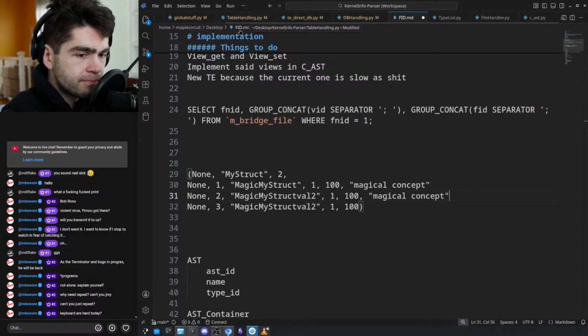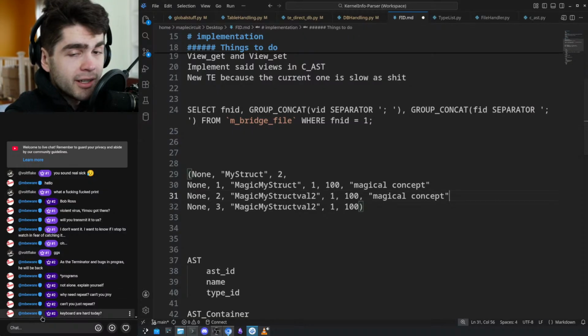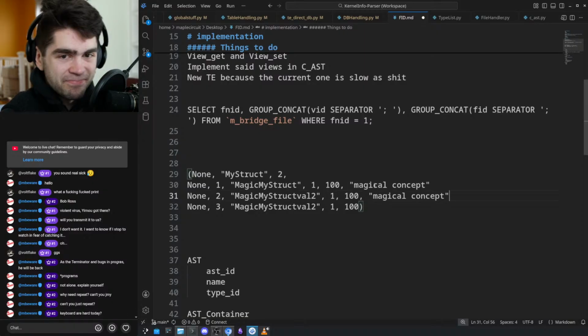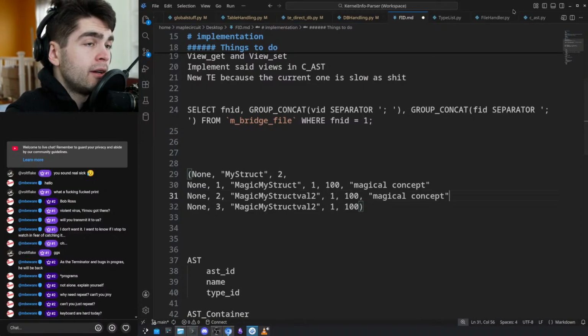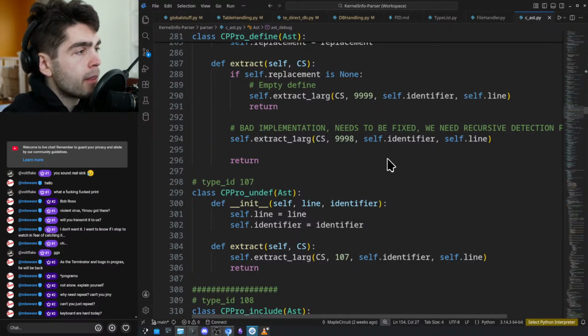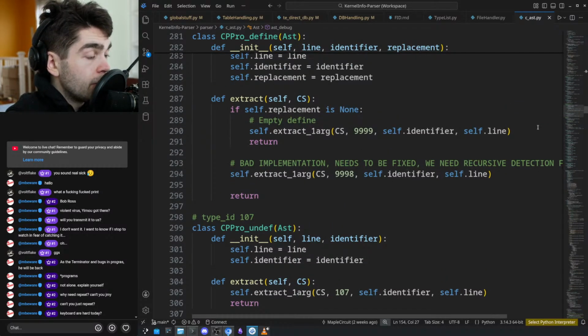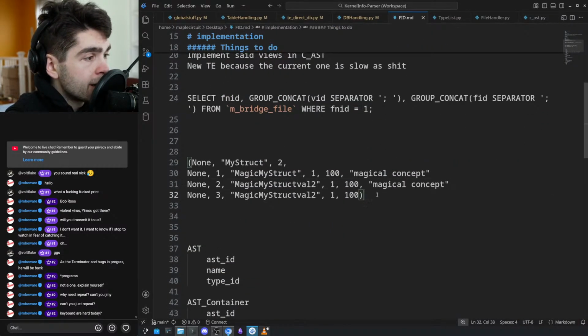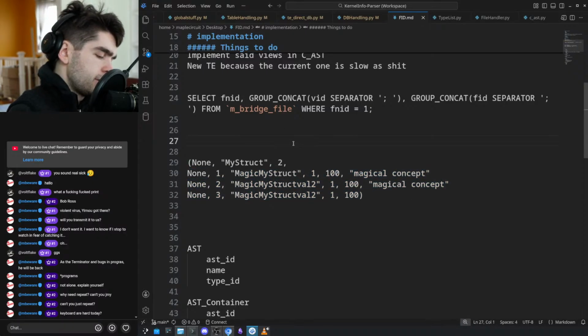The issue is how we're going to write this, right? So think of a struct. We might not know the length of a struct. So we cannot write something like